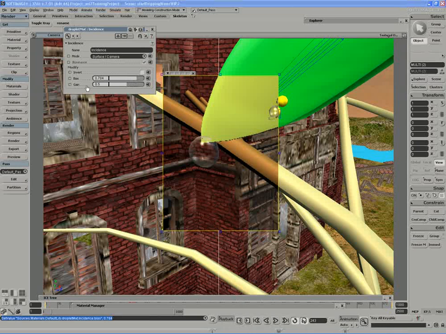So what I'm trying to do here is just increase the bias to decrease the amount of opacity. I want to have a fairly transparent drop with just a little bit of opaqueness towards the edges to define the mass. I'm also going to go into the shader and control